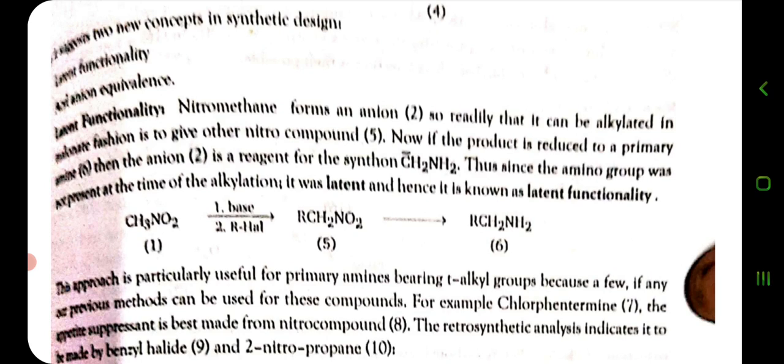This approach is particularly useful for primary amines in which there is a tertiary alkyl group, because few if any of our previous methods can be used for these compounds. For example,